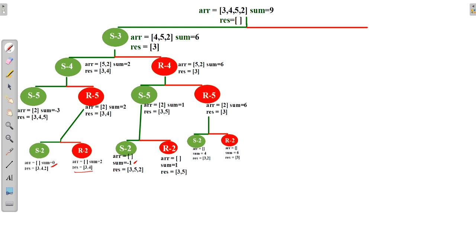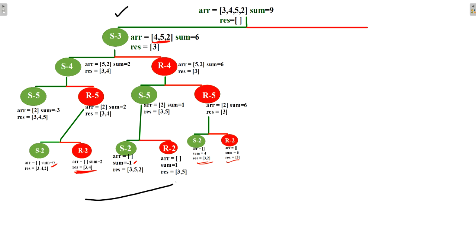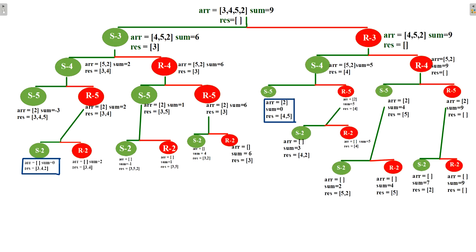But when I see here, my array got empty on 3 of them. If my array is empty, how will I calculate subset? Because array is already empty. So for select point, it will work like this. Now we will have reject for first element 3. As I have shown you for select point, similarly you will calculate for reject also. So with this we will get select and reject.